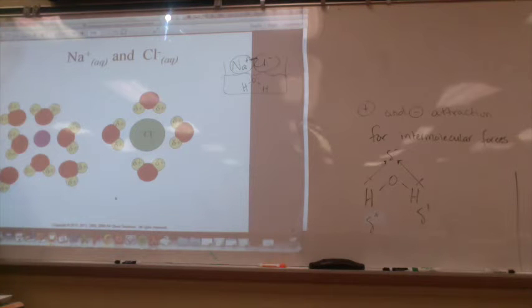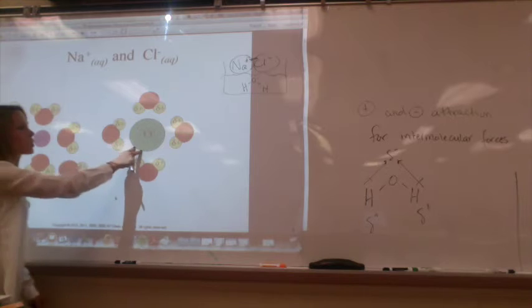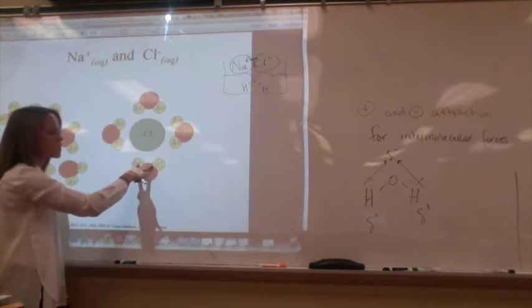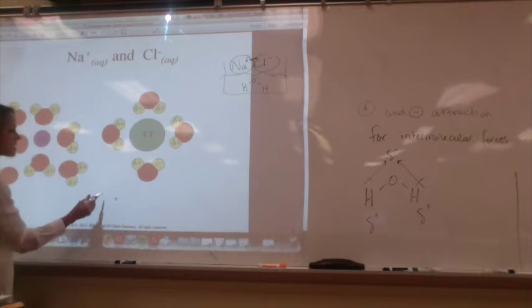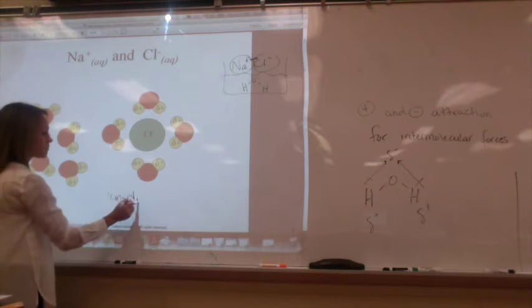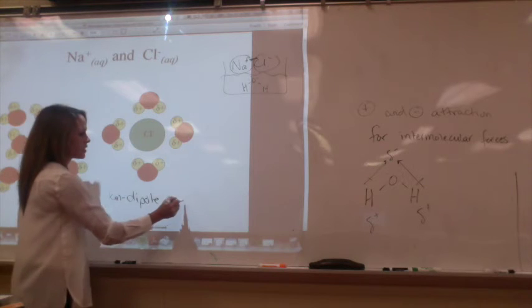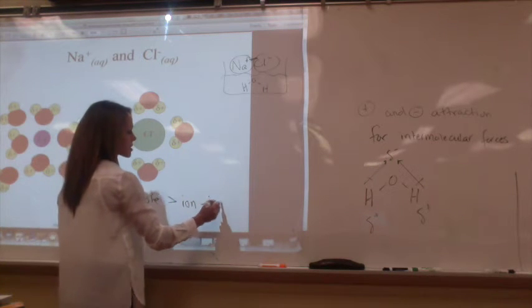If you have to draw this for a quiz or test for me, and you don't put the correct arrangement, and you put your hydrogens facing your sodium, it's wrong, right? Because hydrogens can't pull apart the sodium, only the oxygen, which is slightly negatively charged, can. So it pulls it away, and the chlorine gets surrounded by all the hydrogens, which are slightly positively charged, and it pulls that away. So the forces between the ion-dipole are greater than the ion-ion interactions.